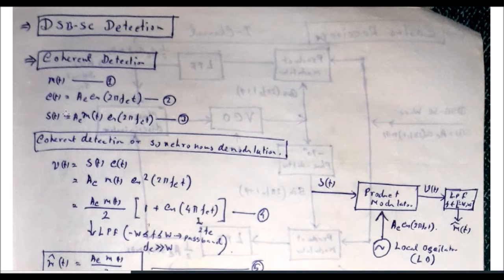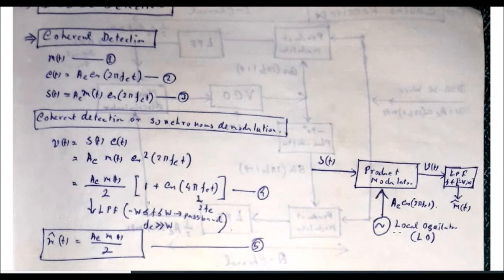What is happening? It is given here again for recapitulation up to equation number 3. See that it was a message, it was the carrier, and after the product modulation you are getting this modulated signal, equation number 3. It is transmitted from the transmitter and received here. At the receiver you are locally generating the same carrier Ac cos 2 pi fct. If you are able to do that, do the product modulation. That means v(t), the output of the product modulator at the receiver, you will obtain as s(t) multiplied by c(t).